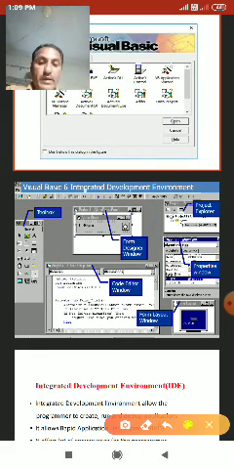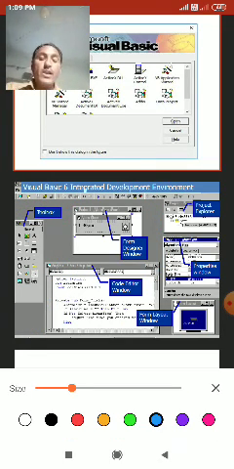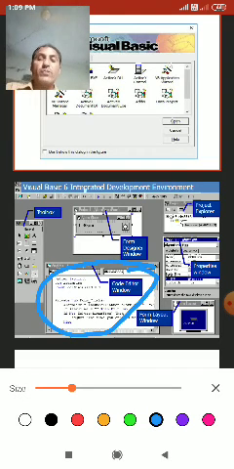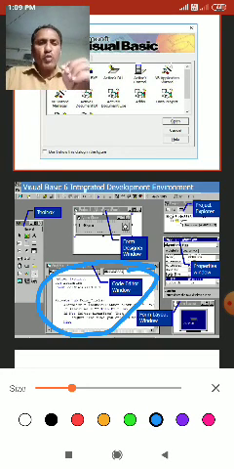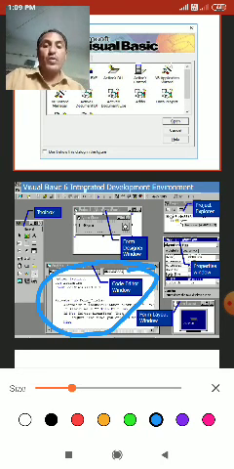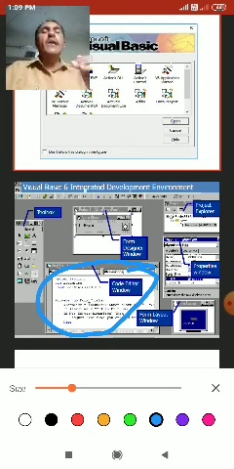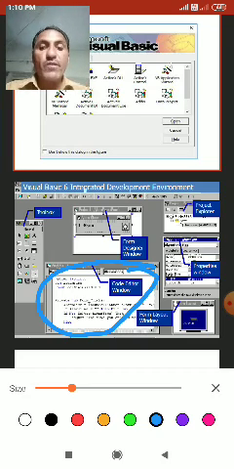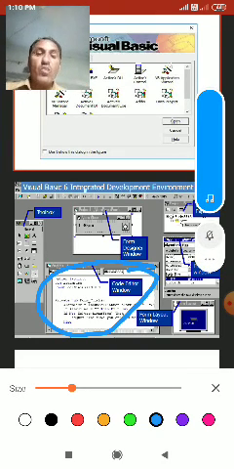Next is the code editing window. This is the code window.